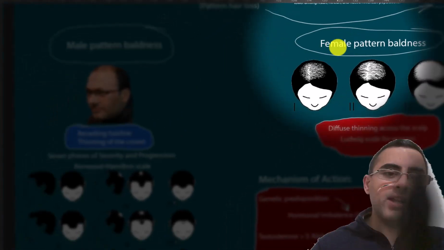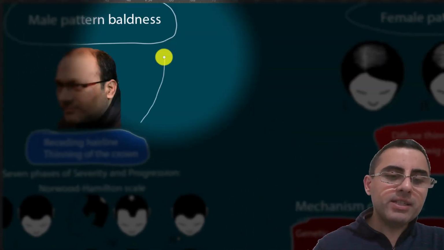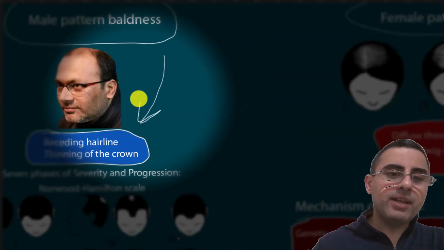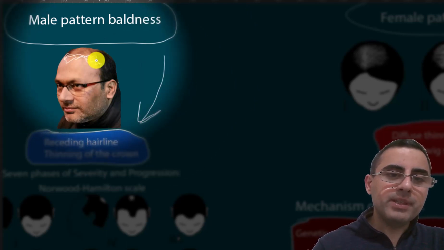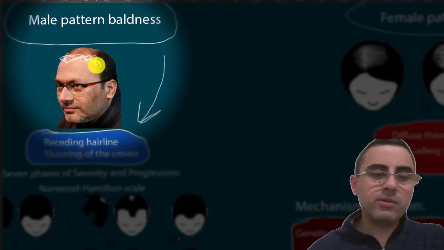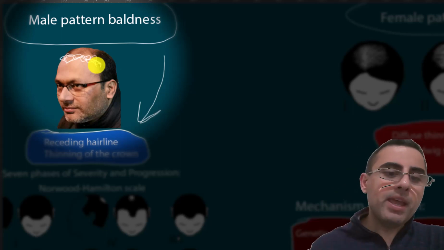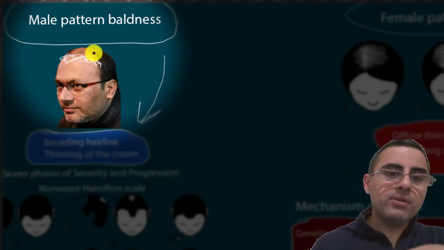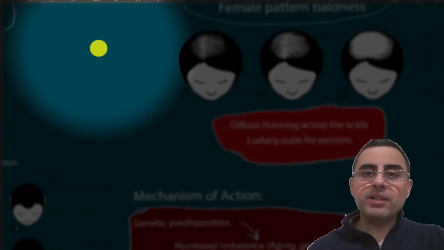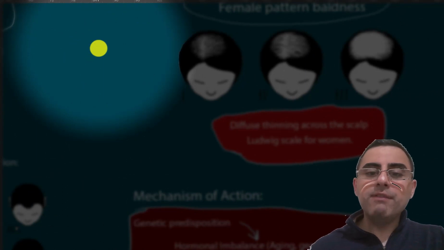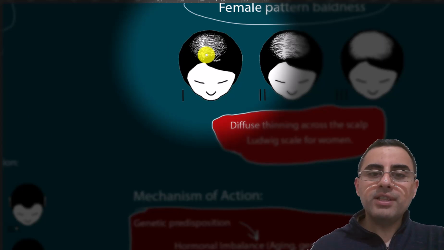Male pattern baldness is characterized by receding hairline. It means receding hairline, such part, frontal part of the head, and thinning of the crown. Crown is here, thinning of the crown. While female pattern baldness is diffuse thinning across the scalp. So here is thinning